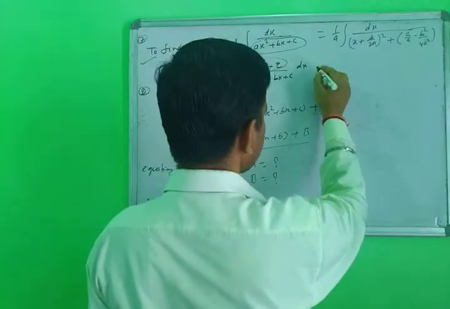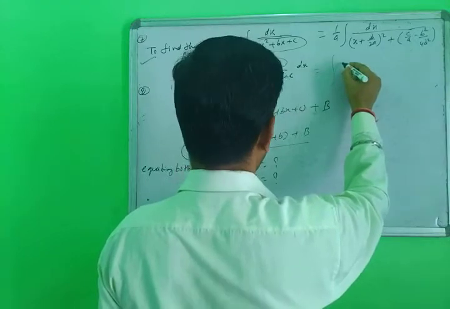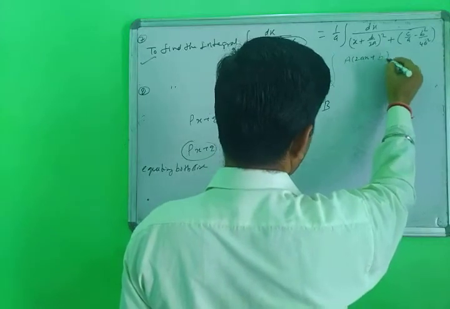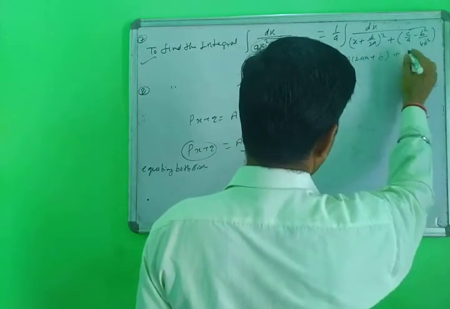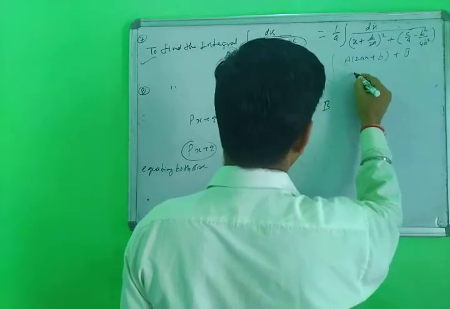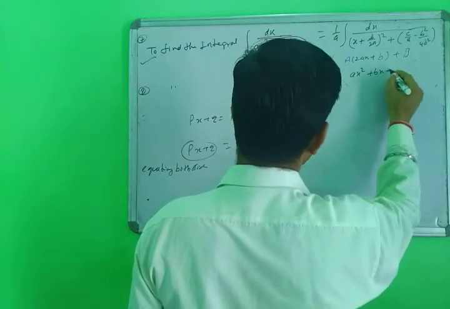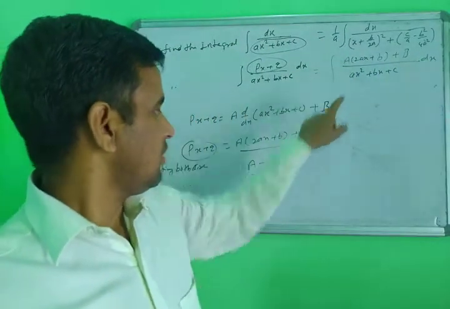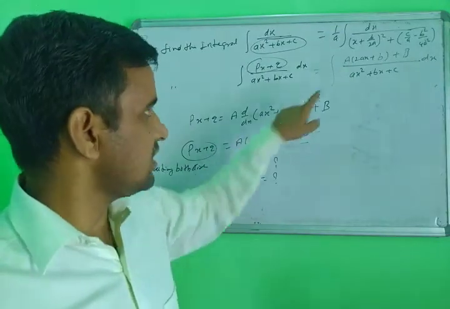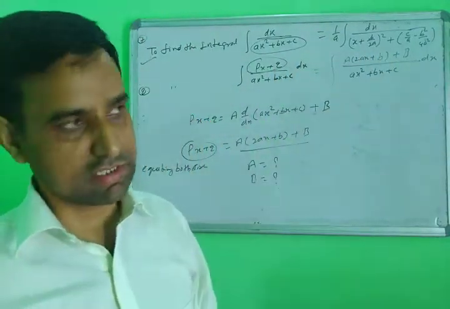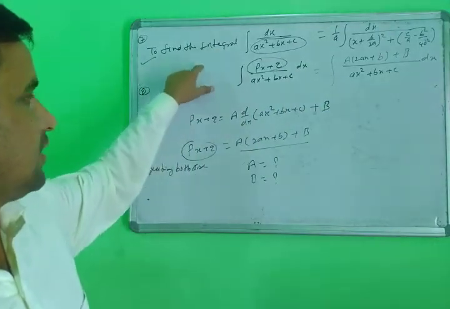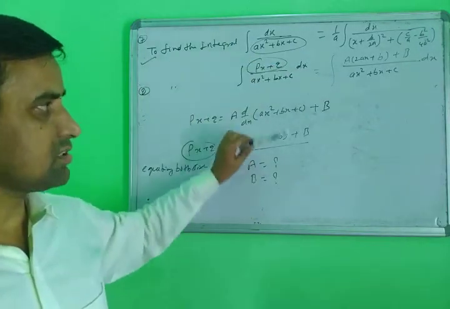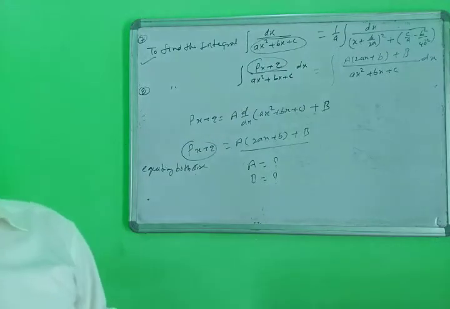This will be converted here to a into derivative of ax plus bx plus c, dx. This portion is the same, but a and b you will find with the help of this. You put them here, then you will integrate this portion. So you have special type functions 7 and 8. So how to solve this? Note down this process, and using this process, solve your problem. Yes, note down, then start the exercise.